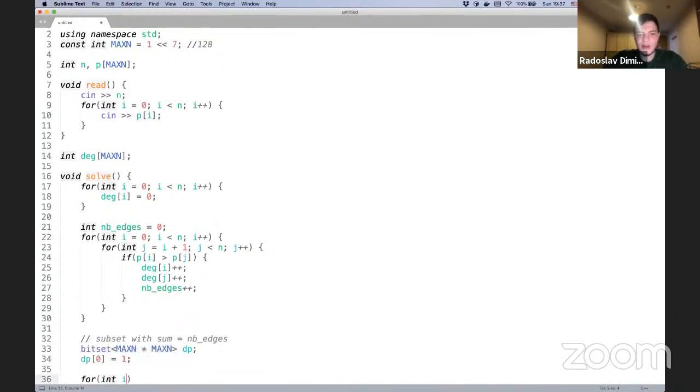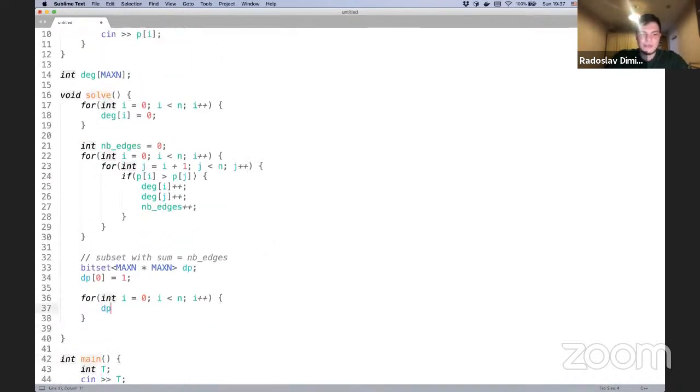Now we simply go through all the degrees, so we fix every position. We can either just use the previous dp, or we can also include the current degree. So dp is equal to dp, or dp shifted by degree of i. This is just subset sums, for the people who aren't familiar with it. That's the bitset solution. And this will work in